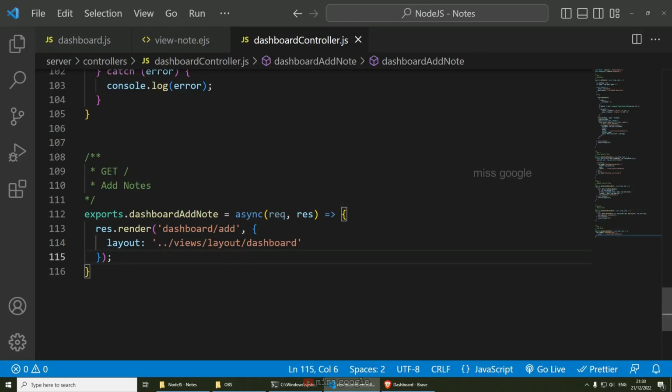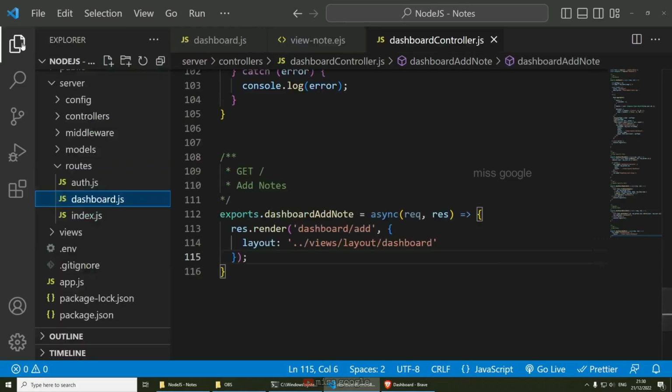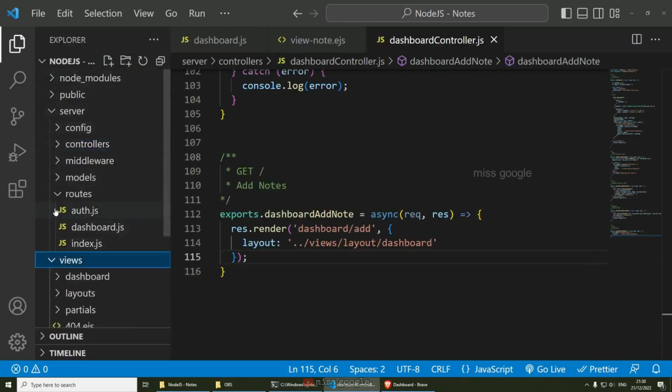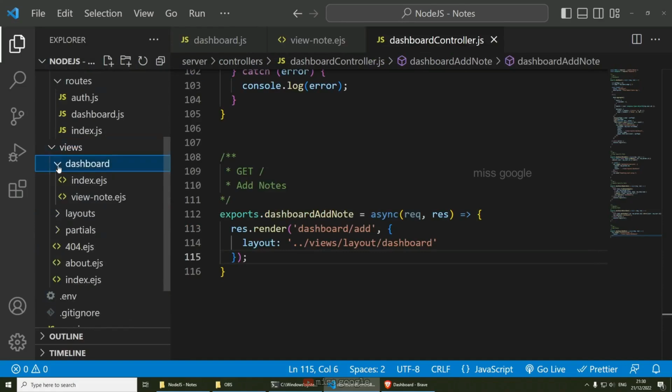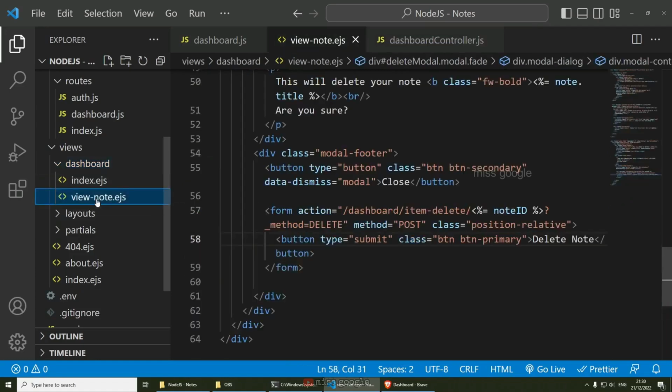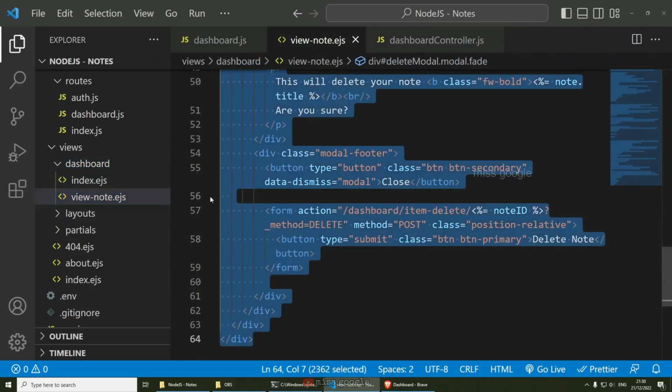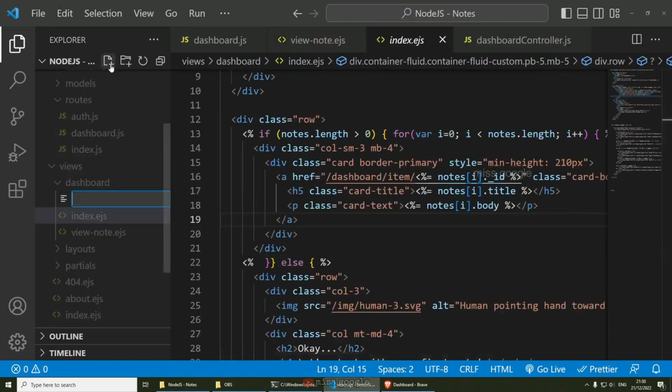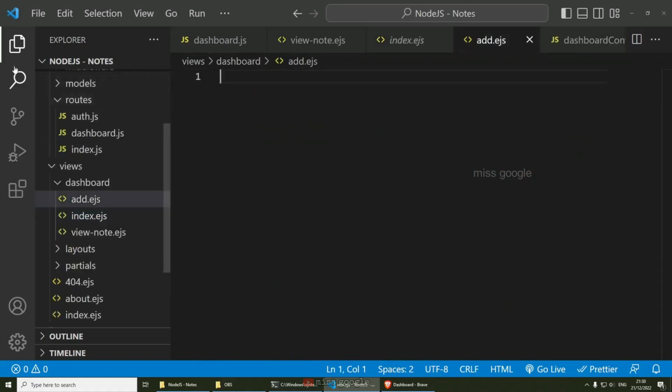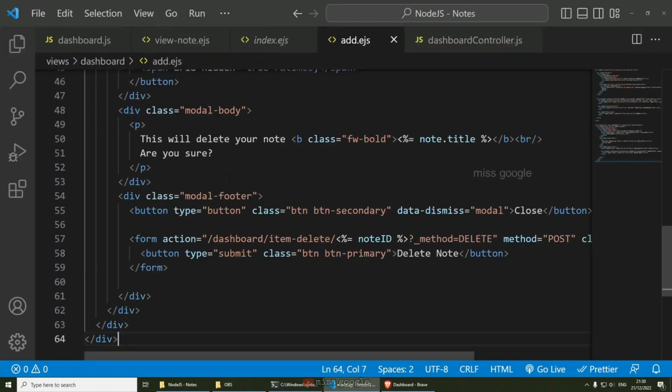And now we should potentially see the add page, but of course we need to create this add page. So under views, we're going to have dashboard and then we're going to have another page. And in fact, we might get away with copying the view node page. So let's copy the whole thing and we'll just modify a little bit. Create a new file and we're just going to call it add.ejs like so. And if we paste the whole thing from view node, let's see whether we can modify it